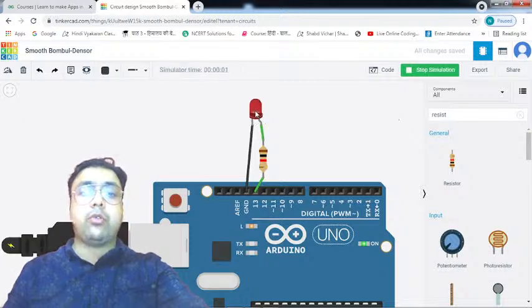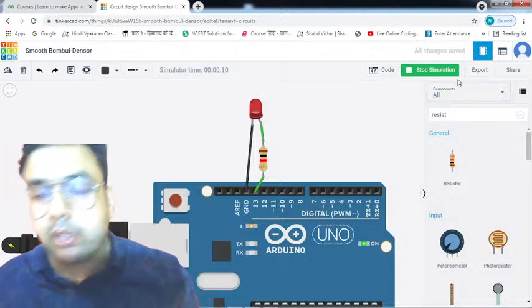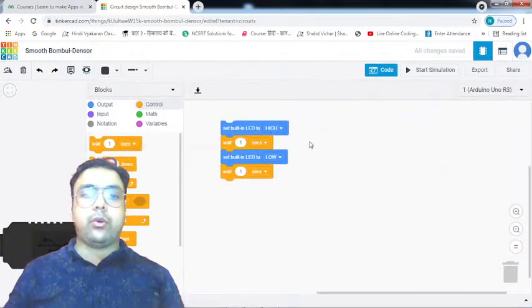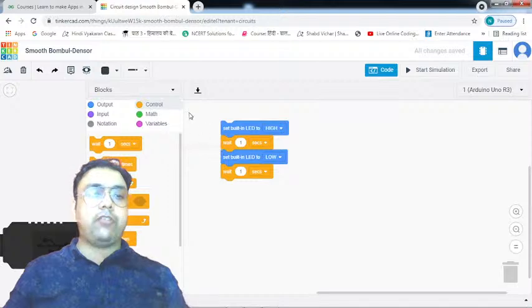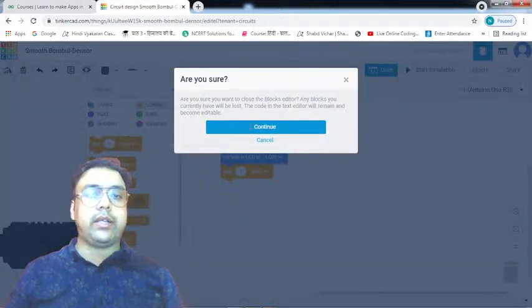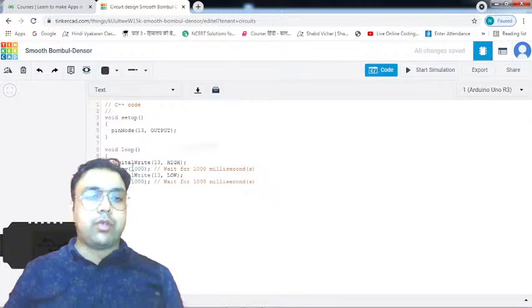We are able to see this LED glowing. See, this LED is glowing and it's looking amazing right now, right? Okay, let's stop this simulation. Let's go back to the coding part. If you want to check out the text based coding, you can click on this drop down and you can convert it into the text based coding like this. So as you can see,